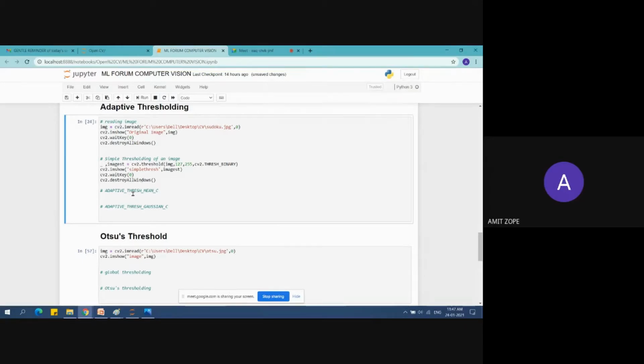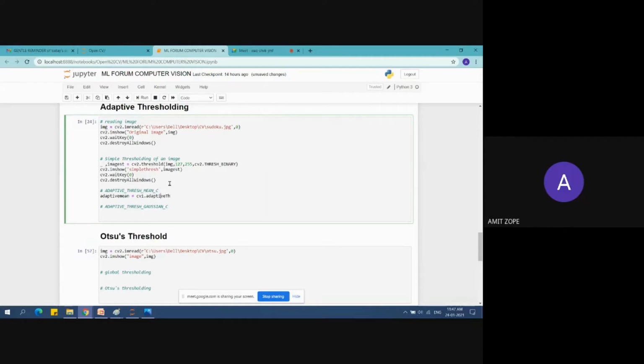So yeah, with the adaptive thresh mean, adaptive mean is equal to cv2.adaptiveThreshold.